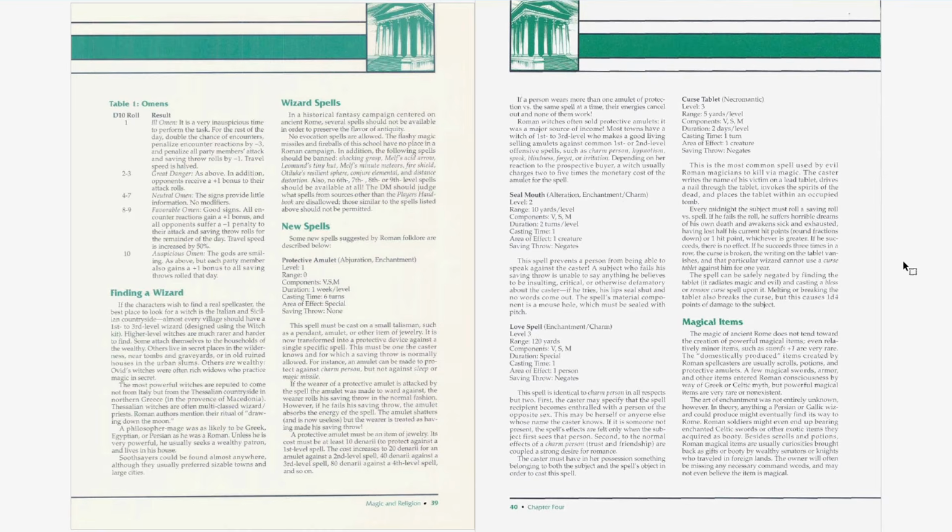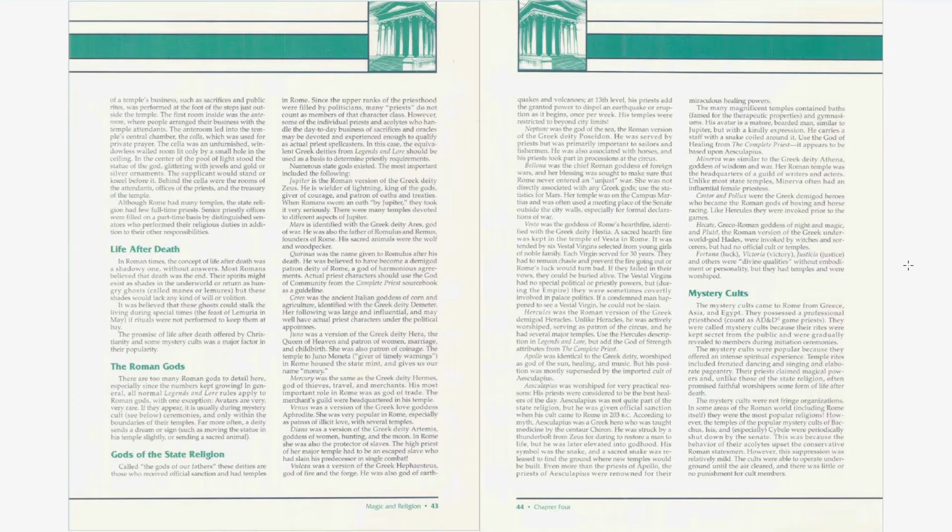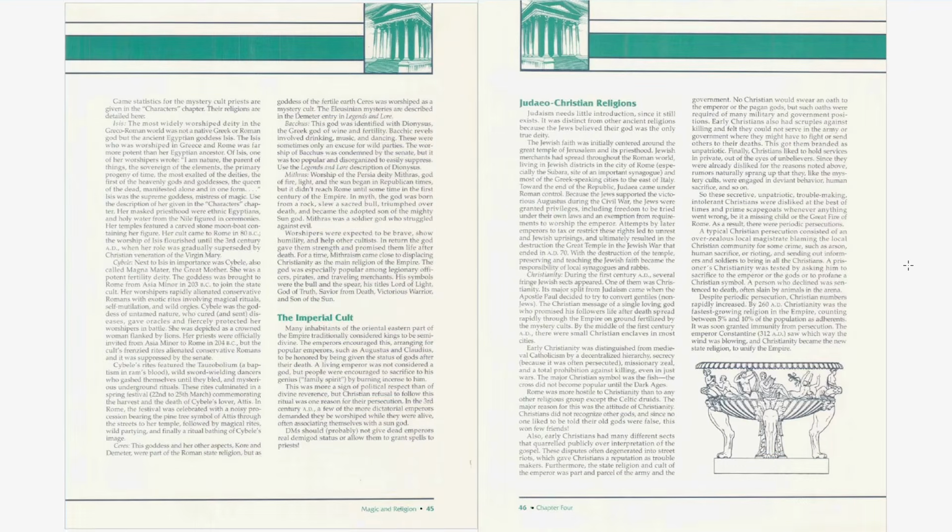Protective Amulet, Seal Mouth, Love Spell, and Curse Tablet, but those are new spells that are in here. And then it has some magical items, not too many. Then it gets into religion and talks about mystery cults and the Roman gods and the imperial cult and Judeo-Christian